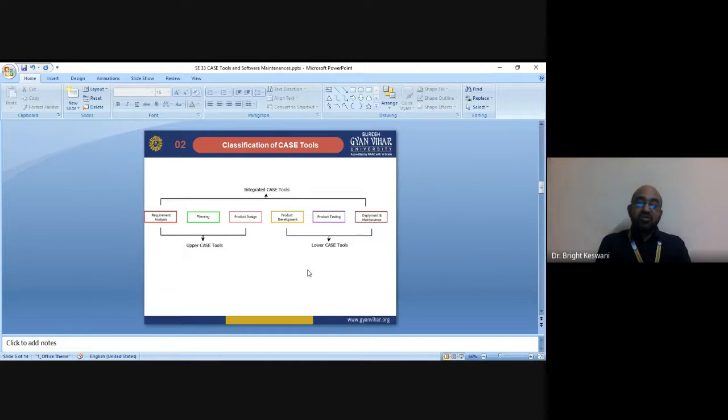When we talk about horizontal tools, horizontal CASE tools support automated transfer of information between the phases of a life cycle. So, horizontal tools include project management, configuration management tools and integration services.